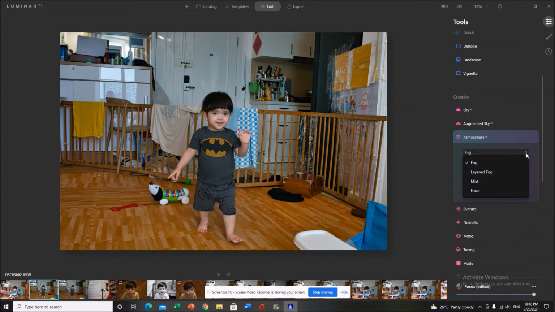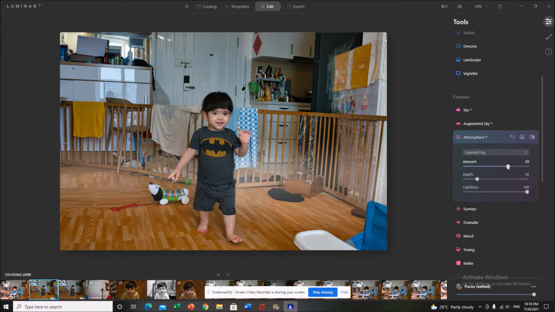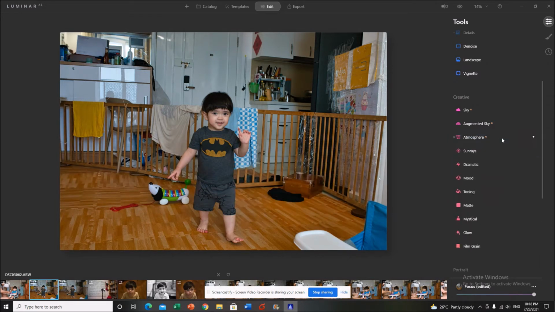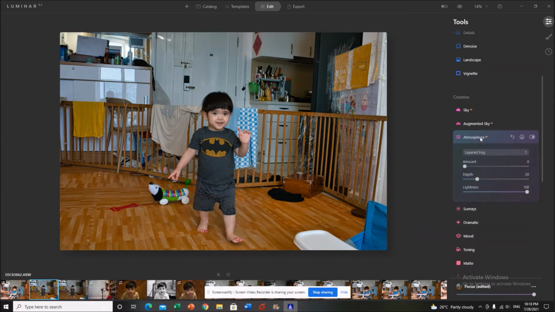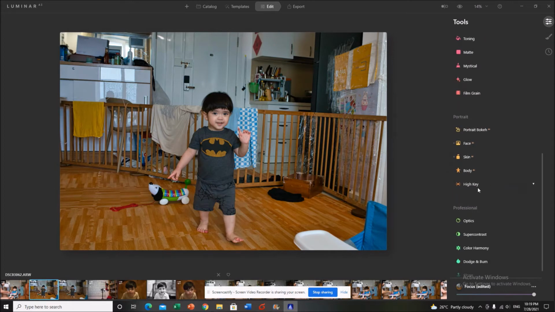Fog, you can add fog, you can add mist, layered fog, amount of layered fog. It's kind of odd looking. We get fog in the living room, so obviously that would be for landscape type stuff. Anyway, and then down here in portrait, because that's what I usually shoot in,